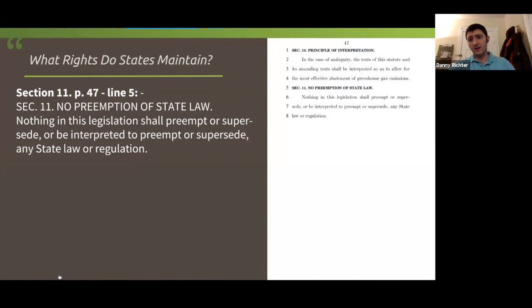And what we had in mind when we crafted this was the RGGI states and California with AB 32. So there are already states who have cap and trade systems, they have carbon prices in place, and they like them a lot. And so thinking of the coalition we would need to actually pass this, if the federal government was seen to be saying, nope, you can't keep that, we could actually potentially lose people from the delegations from those states, both Democrats and Republicans. So with legislators in mind, we said, nope, you can keep those.